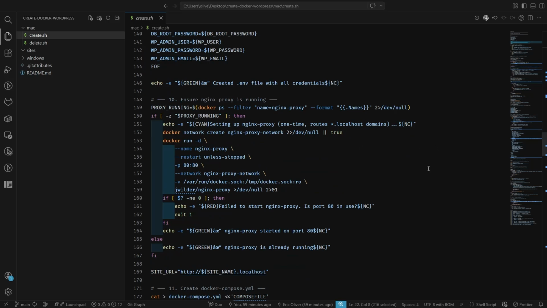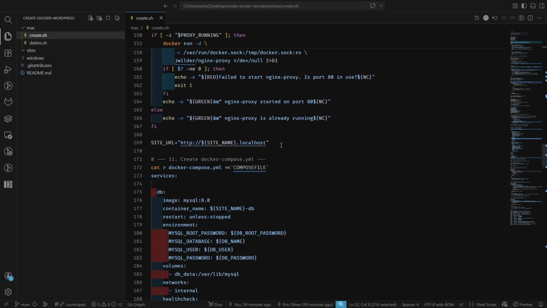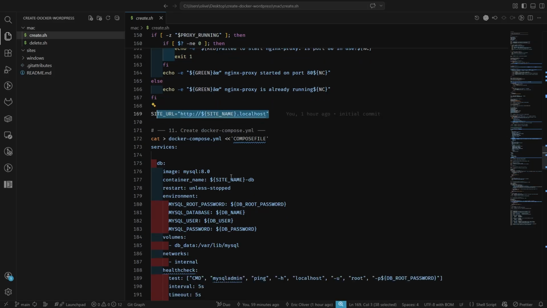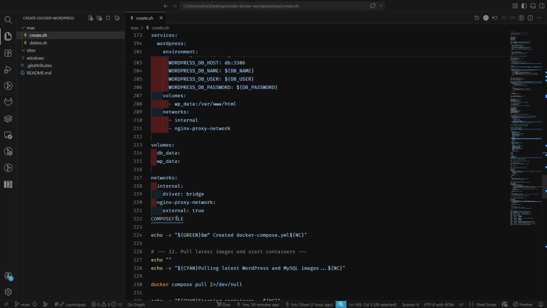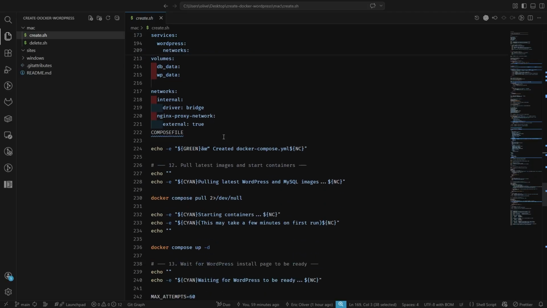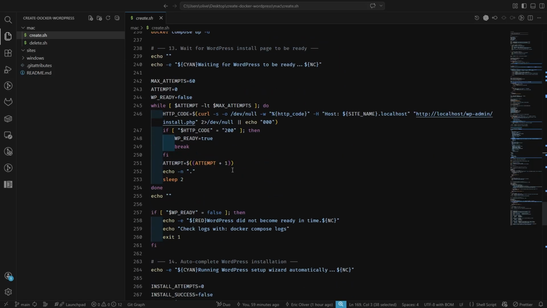If it's not, then it'll go in there and install it as a Docker container. And then finally, it gets your site URL and creates the Docker Compose file, which is all the information it needs in order to actually create the Docker container for this site. And then finally, it goes in there and pulls WordPress, MySQL, and installs all the stuff that it needs to,